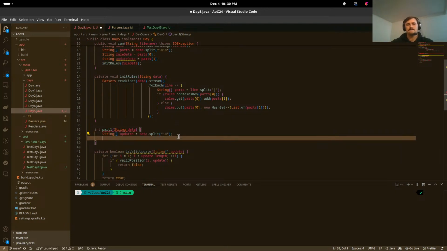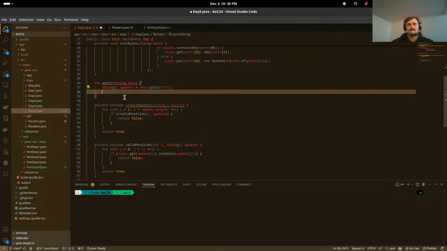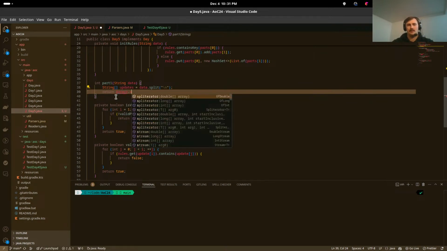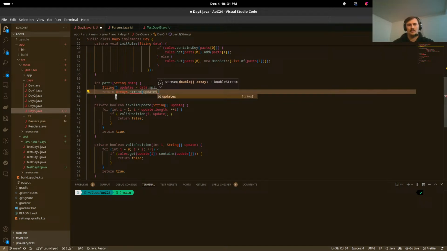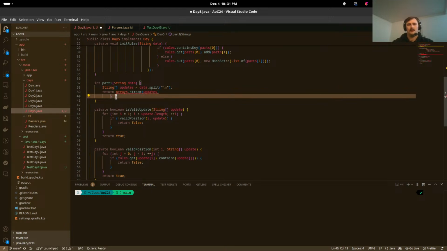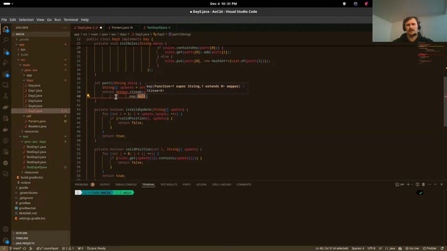And return, oops, dot map each one of those updates to